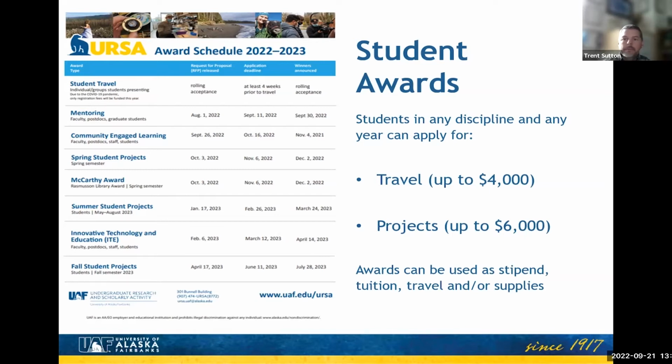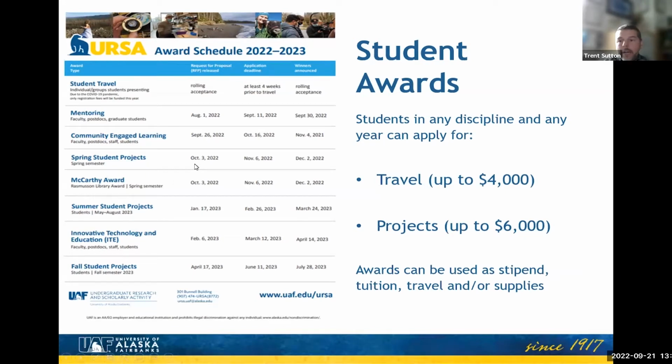So this might be something that's maybe not an area that you're going to go after right away, but it's something to keep in mind that you can go for. It's the projects, the traditional fall, spring, or summer projects, that students typically apply for. We've already awarded the fall project awards. Those started at the beginning of the fall semester, and they'll be wrapped up by the end of the fall semester. But coming up are the spring project awards, and that'll be for completion by the end of the spring semester.